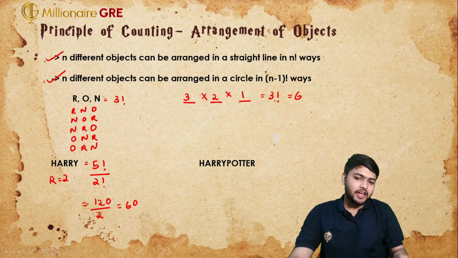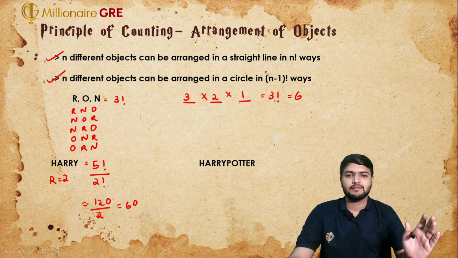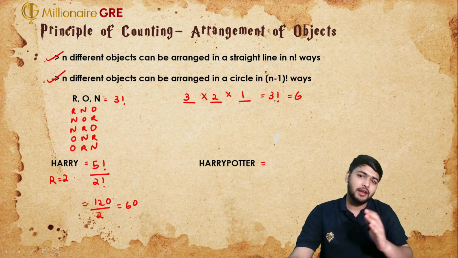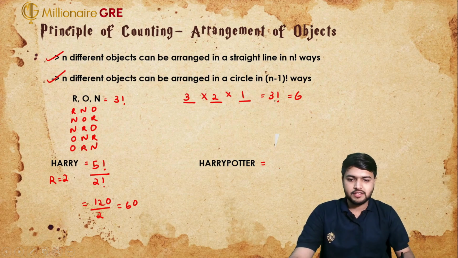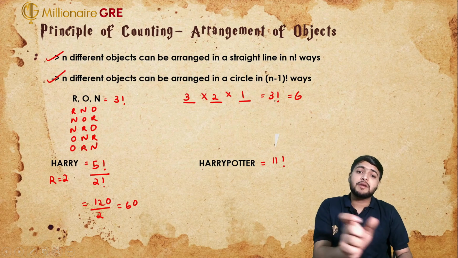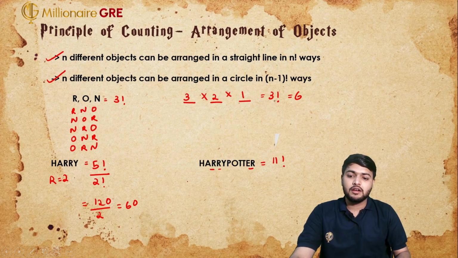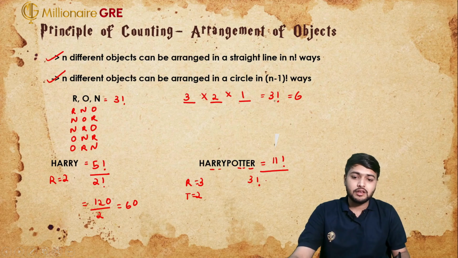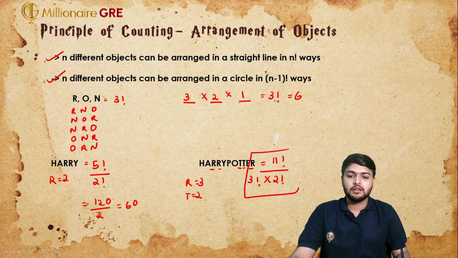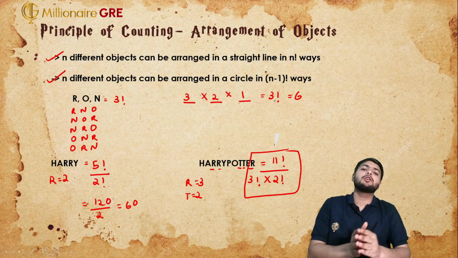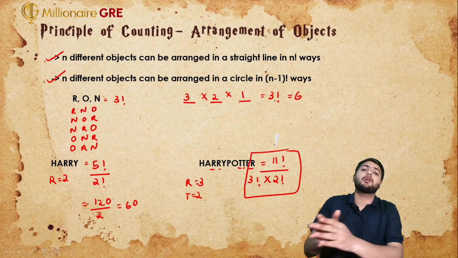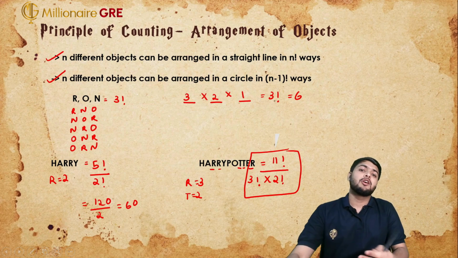If you are asked how many words can you form using the letters of Harry Potter, let's do it. There are 11 letters in total, so 11 objects can be arranged in a straight line in 11 factorial ways. Here R is present thrice, 1, 2, 3, and T is present twice. Since R is present thrice, you divide by 3 factorial. Since T is present twice, you again divide by 2 factorial. This is your answer: 11 factorial upon 3 factorial into 2 factorial. These many different words you can form using the